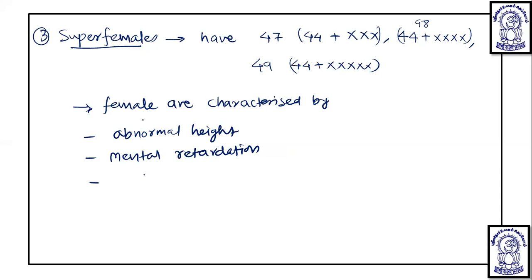Okay, and the frequency, if we talk, is 1 in 1500, and the symptoms are more severe with the increase in the number of X chromosomes, and some females are taller with normal fertility. Okay, now after this we are going to discuss the fourth one, that is